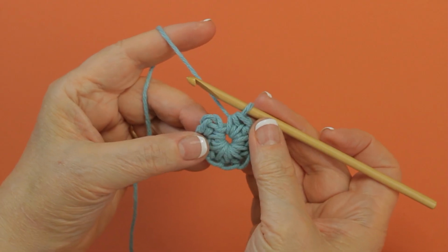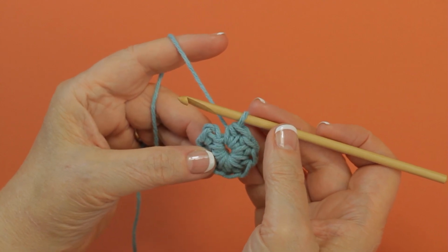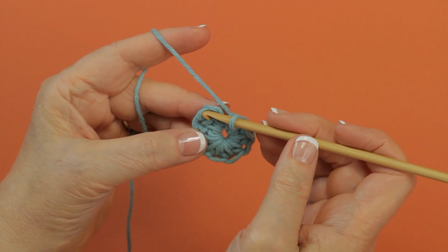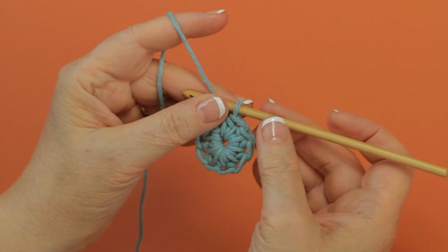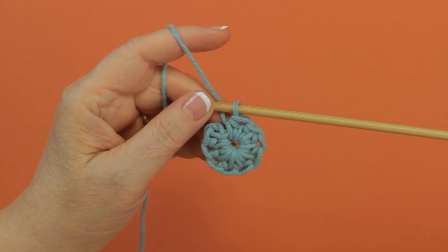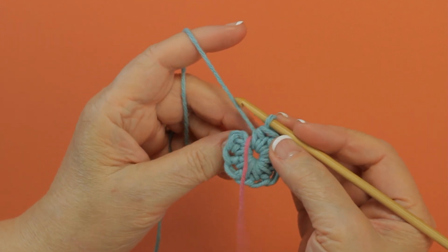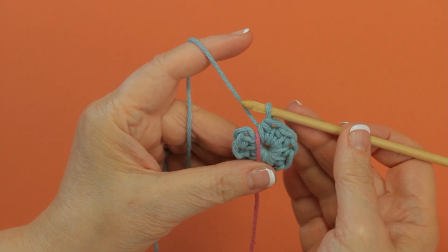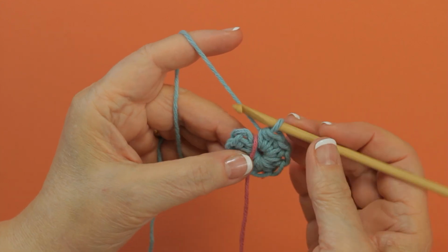When you work in continuous rounds, you're basically working in a spiral fashion and not joining to the first stitch of a round. You need to place a marker so that you can find that first stitch and not keep going and going. So I've got 11 half double crochets, and I've placed a strand of yarn of this